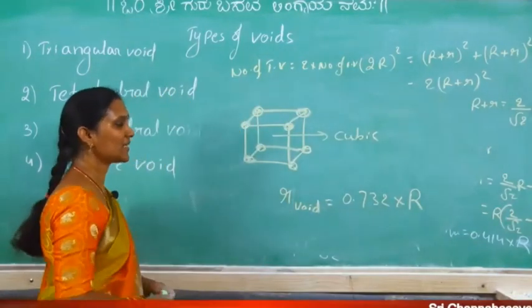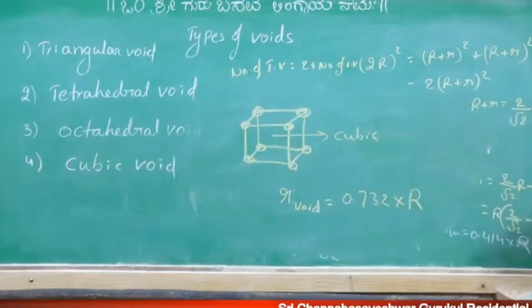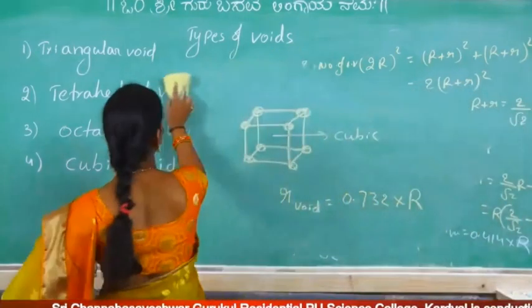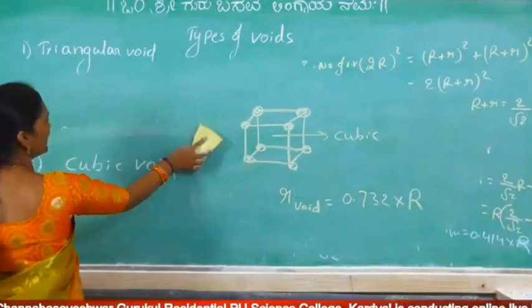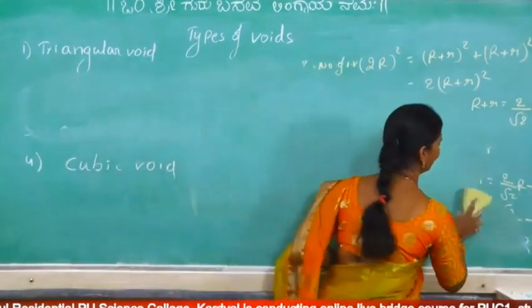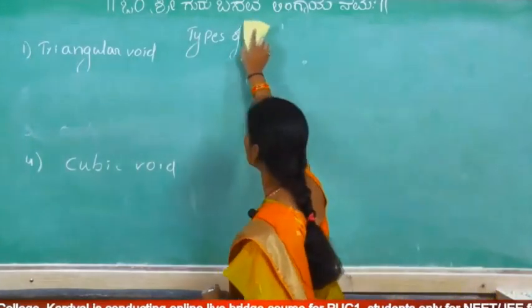Okay. So the next one is the types of close packings. So what are the different types of close packings? Observe carefully. It is a little difficult to imagine, just a little difficult, but very easy. Interesting topic, no?